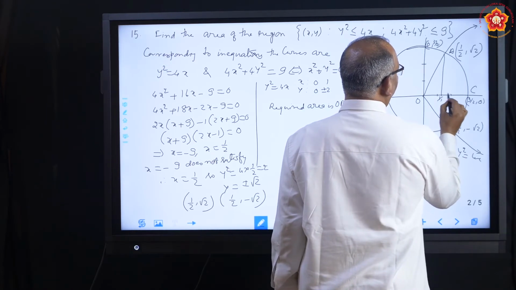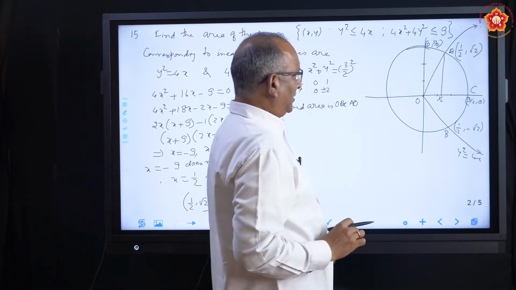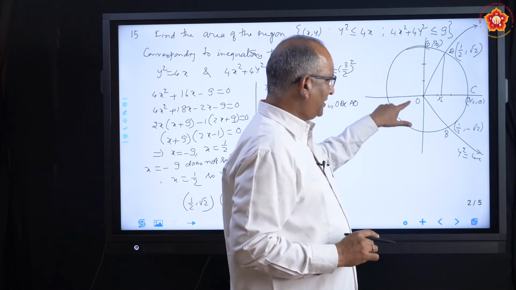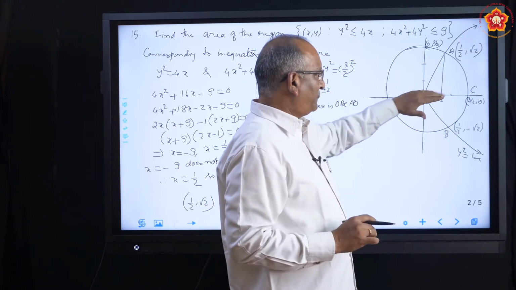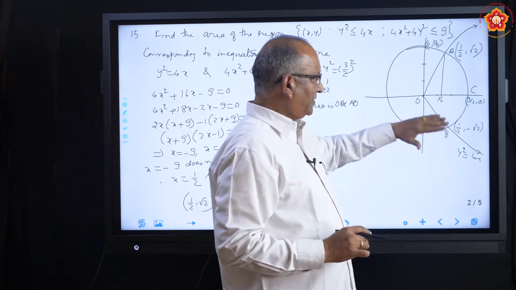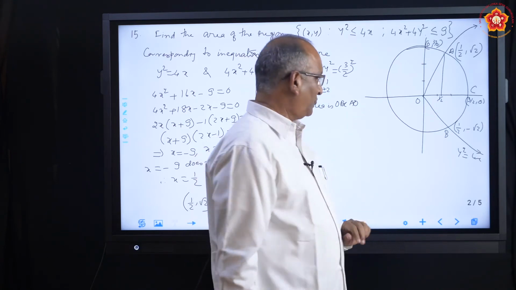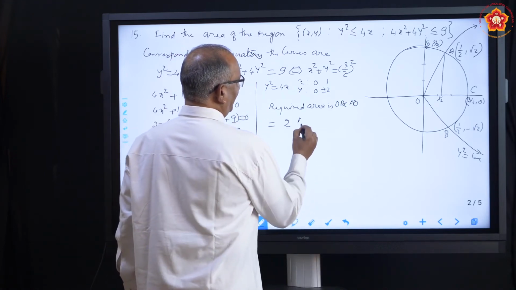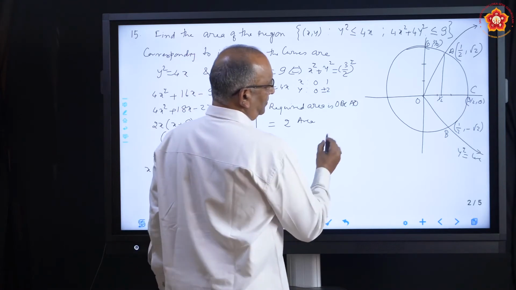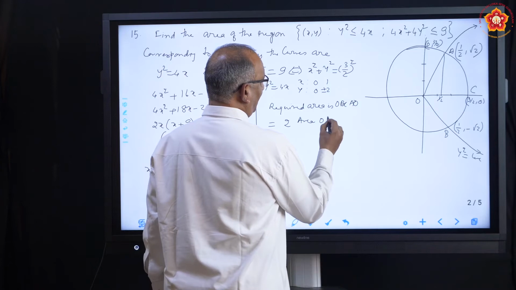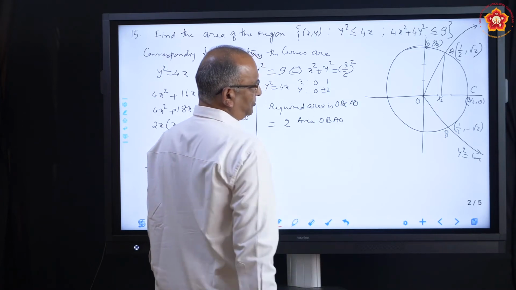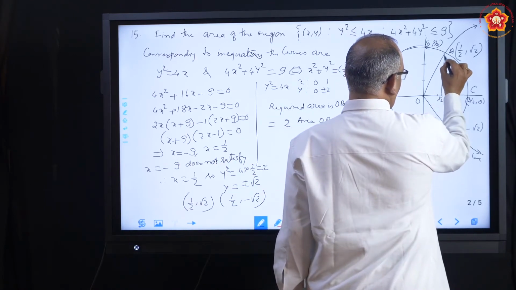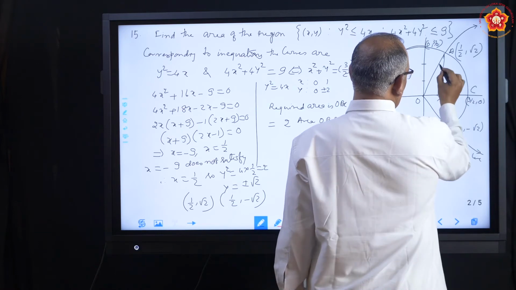This is half. We have even though mentioned it. You can see that the area which we want to calculate in total is OBCA, but if you are able to calculate OCA, the down part is equal to that. So we can say that it is equal to 2 times area OBAO. Now the question is how to get that area. What we do is from here we have drawn a perpendicular.